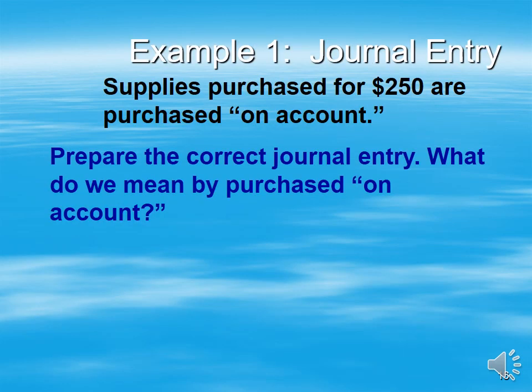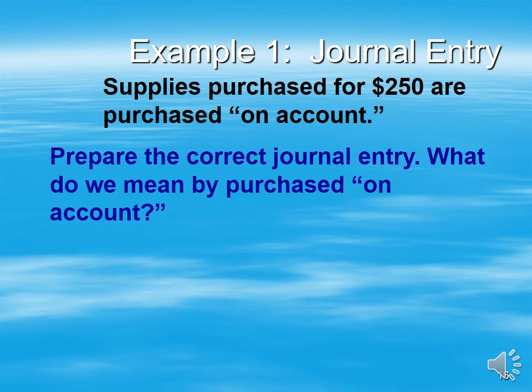So example 1. A business purchases supplies for $250 and the purchase is made on account. On account means the business will pay the $250 to the supplier later. Okay. Now, how to record this in the general journal? So remember,